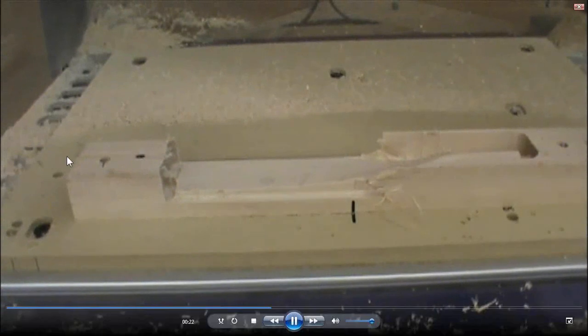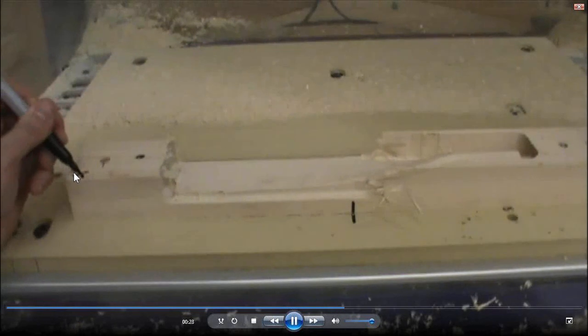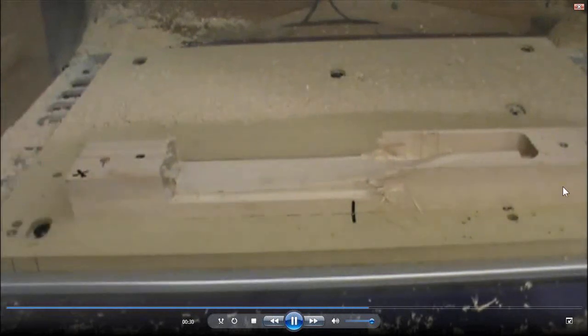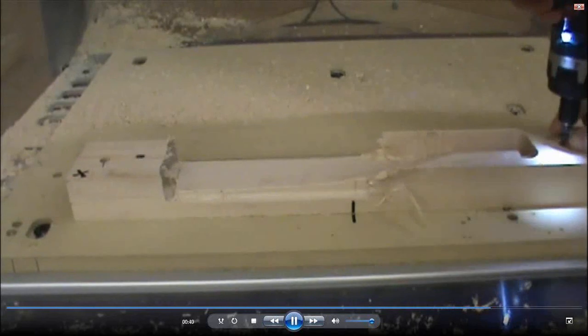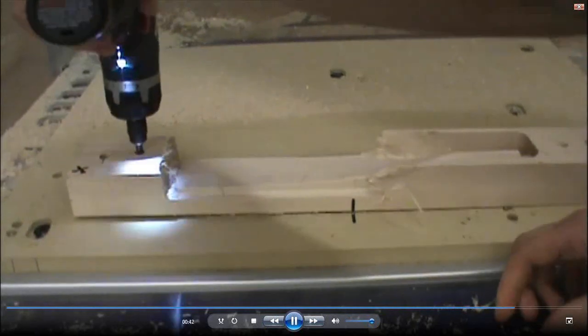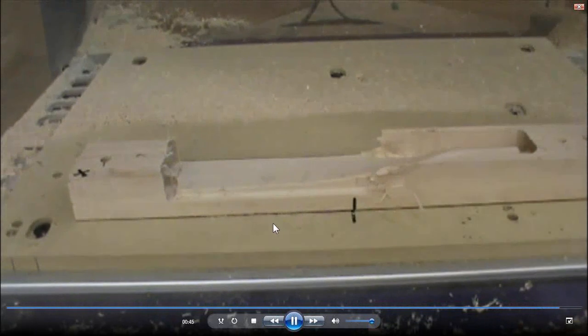And also make a mark here so you know what end is facing the zero end. Because you don't want to accidentally index it over to this side. That's not the way we're flipping this part. So maybe you should put an X there, because I know X is usually what I refer to over where the original 00 is. But I know that needs to stay on that end. So I've taken the screws out,